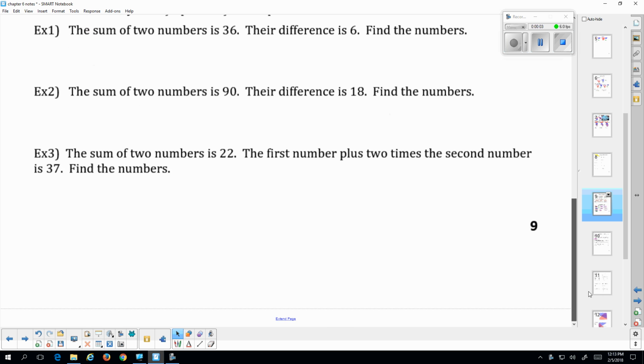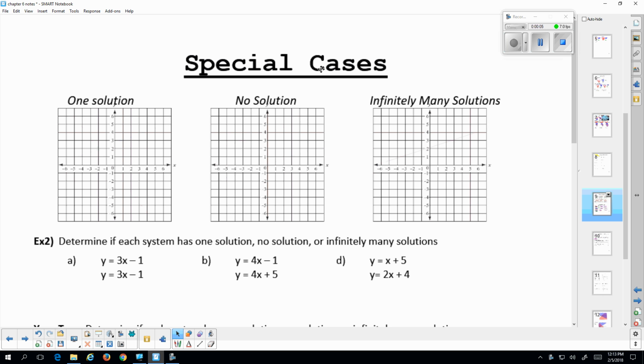All right, so this is page 9 of your notes. We're going to talk about special cases and word problems with systems of equations. So to start with some special cases, when we're dealing with systems of equations, there's 3 possible things that can